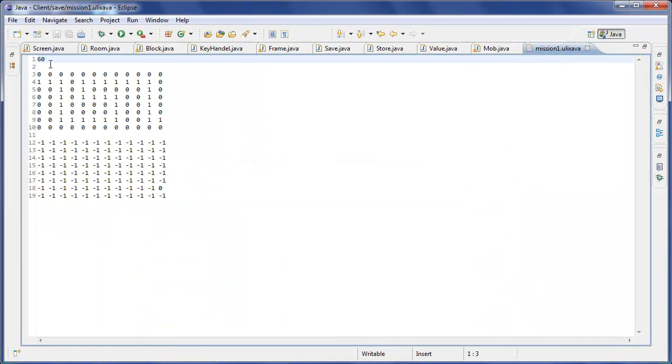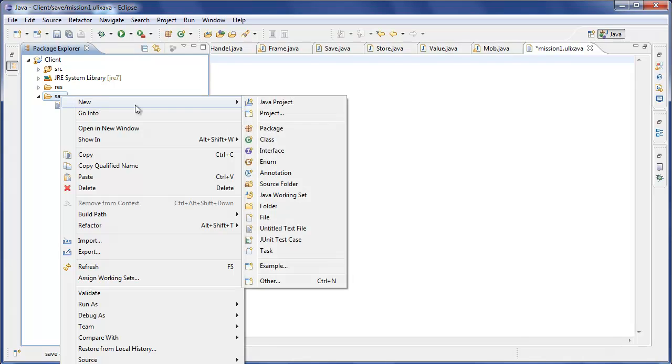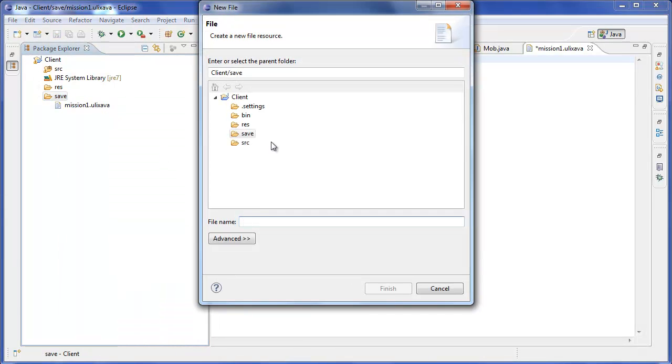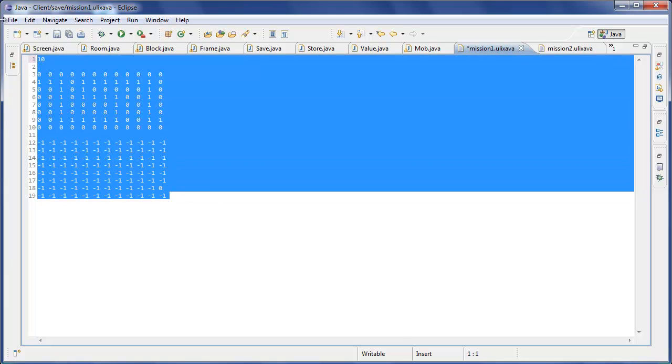Actually, let's set the goal to only 10. I'm just going to create the next file directly instead. I'm just too lazy to do it the other way. So make a new file, call it mission2 dot your file extension, and you just want to copy this,